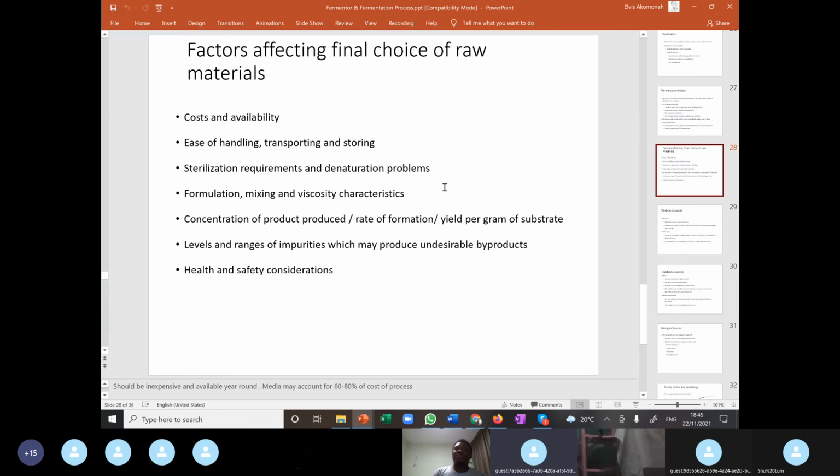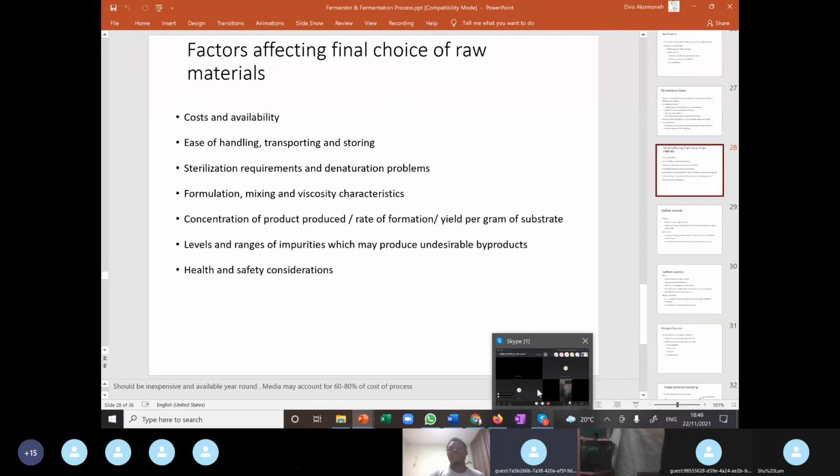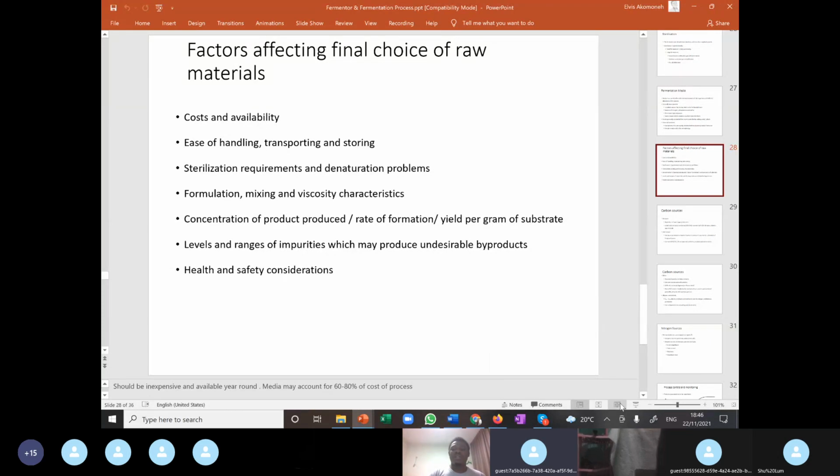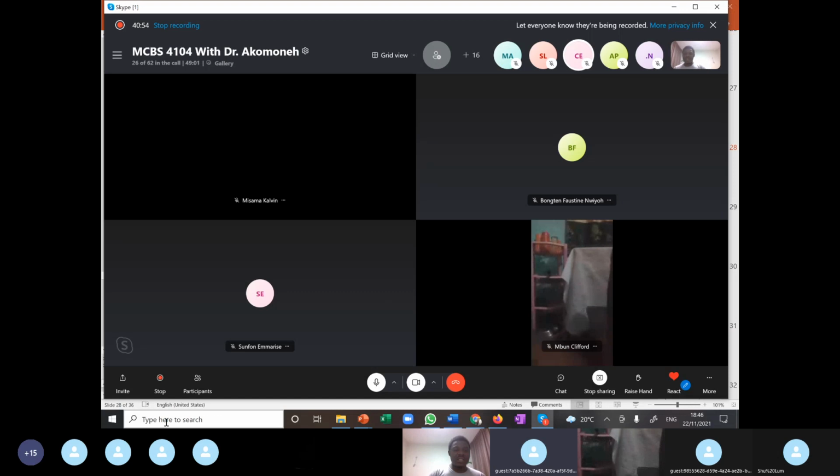You look at the concentration of product produced. That is, how much yield can we obtain from it? If the yield is very low, then the cost will be very high. It's not a good product. You also look at the level of impurities that are there and the safety considerations of discharging the spent medium. So if you cannot safely discharge the spent medium into the environment, then there's a problem. Same with the microorganism. If you cannot safely discharge it into the environment, then it becomes a problem. There is additional cost with that and a health concern, which could disturb our handling of that. With that, I will stop the